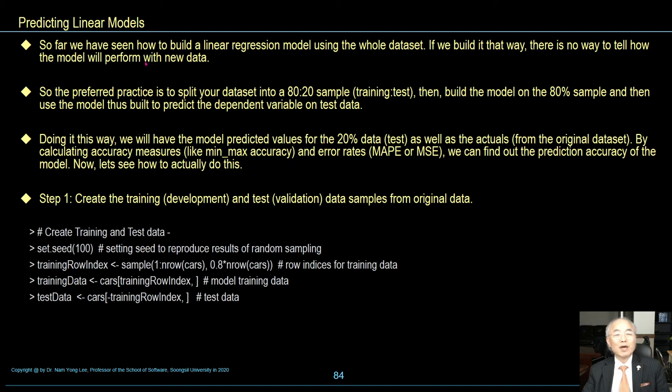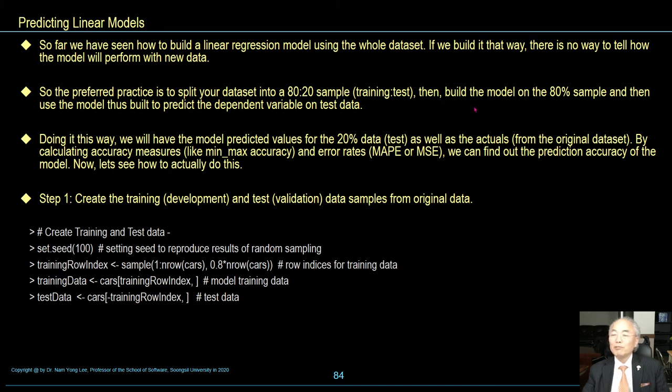Predicting with linear models. So far we have seen how to build a linear regression model using the whole data set. If we build it that way, there is no way to tell how the model will perform with new data. So the preferred practice is to split your data set into an 80-20 sample: one is the training set, the other is the testing set.